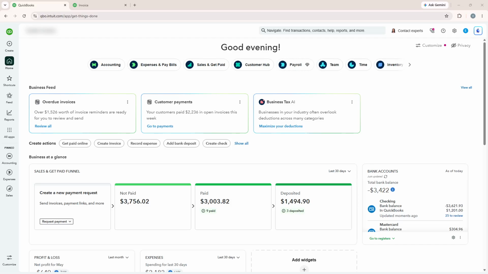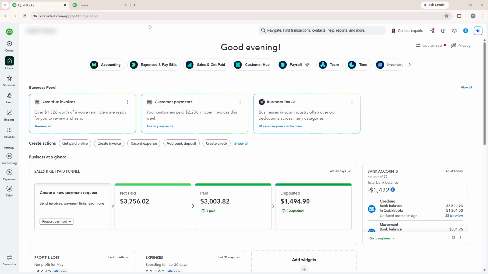In today's video, I'm going to teach you how to set up late fees in QuickBooks Online. To get started, sign in to your QuickBooks Online account. Once you're on the main dashboard, you'll be ready to adjust the settings that control how overdue invoice charges are handled. This feature can be helpful if you want a more consistent process for encouraging on-time payments and reducing the